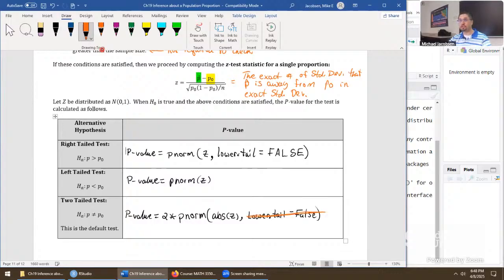Here's another way you could go. You could just wipe that out, go negative absolute value Z, and it works exactly the same. What it's doing is taking your Z, its absolute value, now forcing it negative on the left tail, and just doubling the area on the left tail. When we went this route, we're taking Z, forcing it positive, putting it to the right tail, getting the area on the right tail by that syntax, and then just doubling it. So either way you'd like to do this would work.